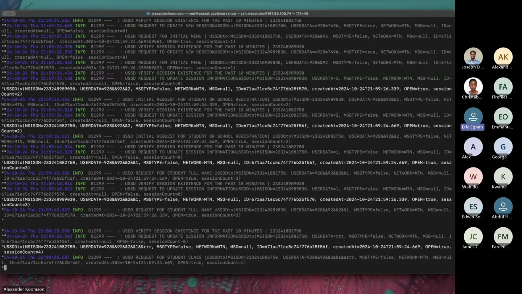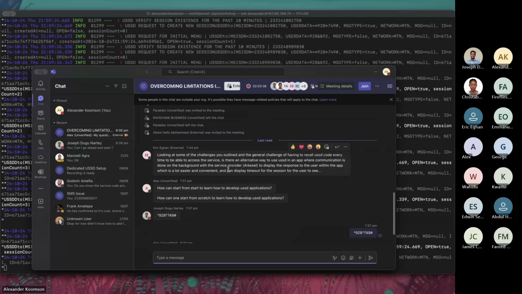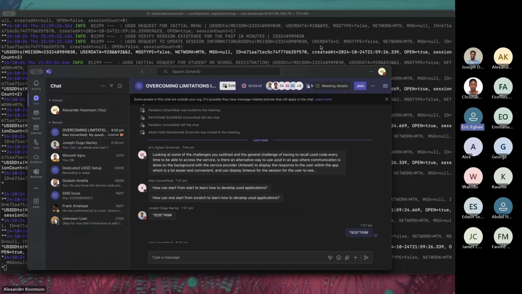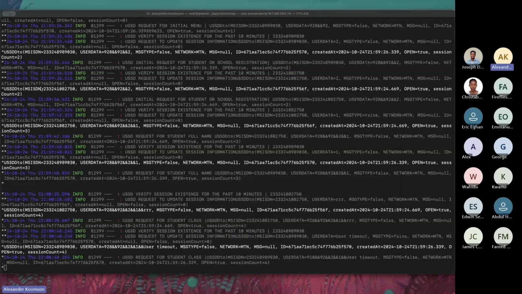However, there is something that I've been thinking about for some time now. I actually typed my question in the chat. I don't know if you saw it, but I want to find out: is there a way that an application, let's say a regular Android application, can communicate with USSD to achieve the same results, reducing the burden? Yeah, I've seen an application like that before,